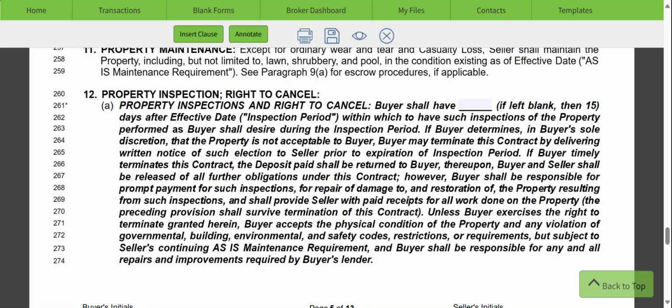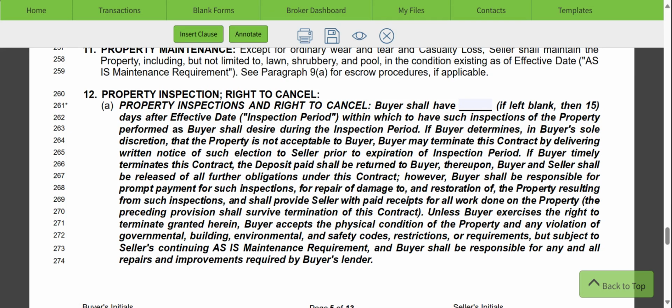Both buyer and seller will be released from further obligations, but the buyer is responsible for payment for the inspections and to repair the damage that is caused by anything that the inspector did, and so forth, okay? If the inspector does cause damage to the property, meaning let's say you have a mold inspection and they put a hole in the wall,